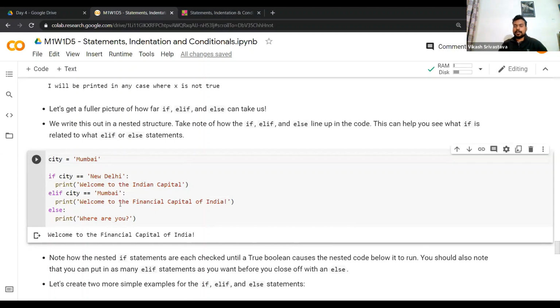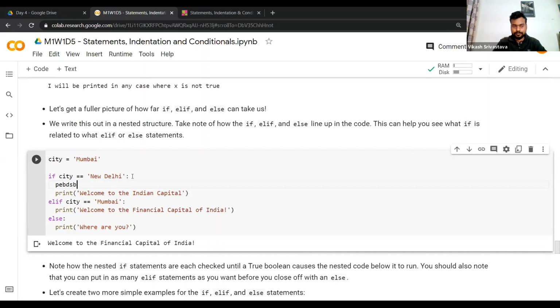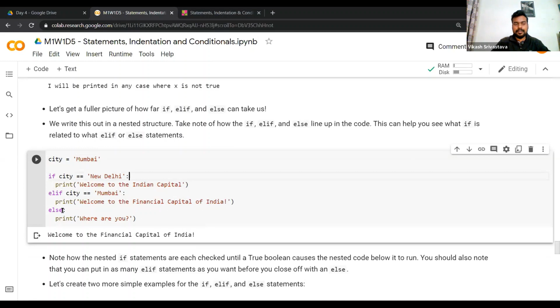Okay. A few important things to keep in mind because we have all three keywords here. Always after if you'll have a condition, and similar is the case with elif. Both will have a condition, and of course you need to specify the space here. For all three of them, you need to provide the colon. Once you do that, it will take you to the proper indentation, and then you can do whatever you want to do here. And then in else we don't have any condition,